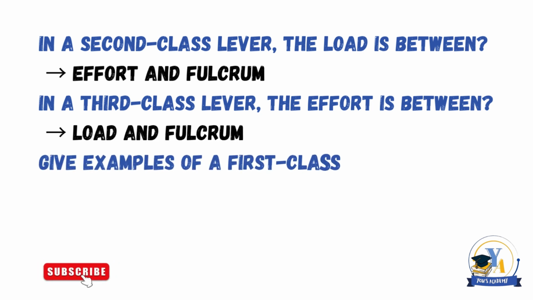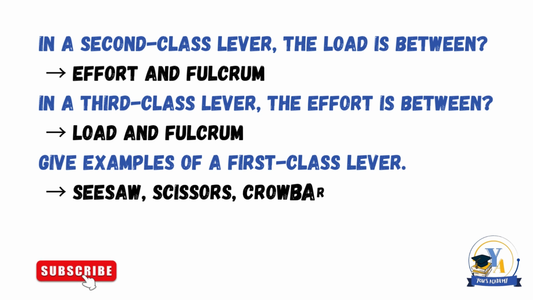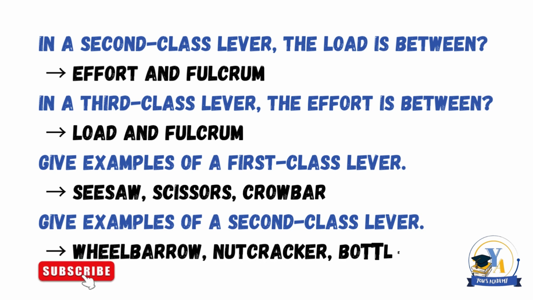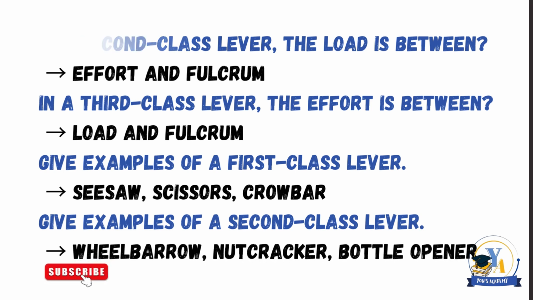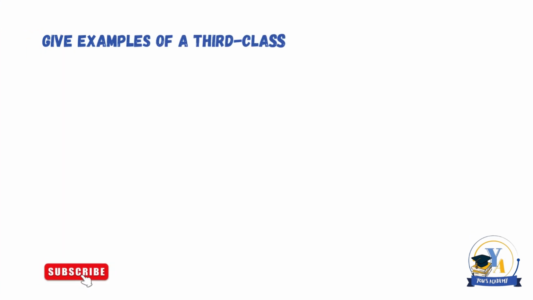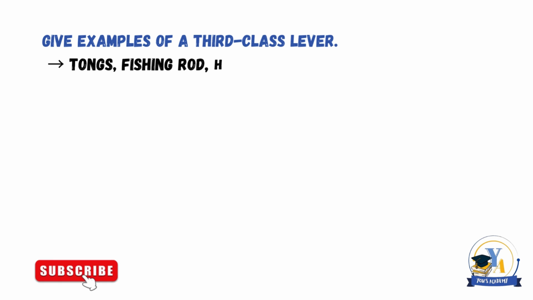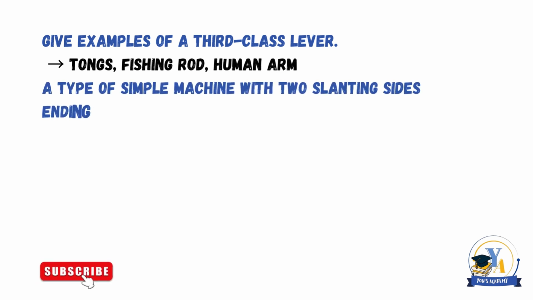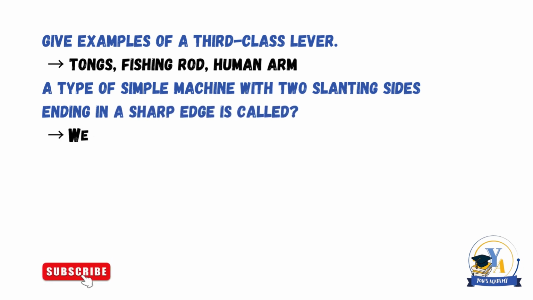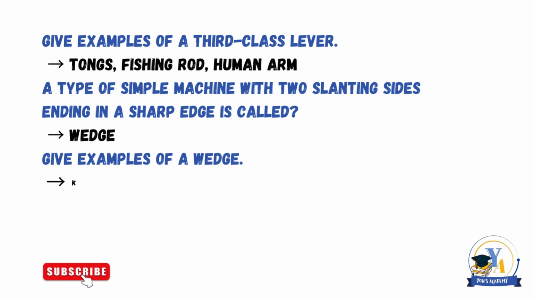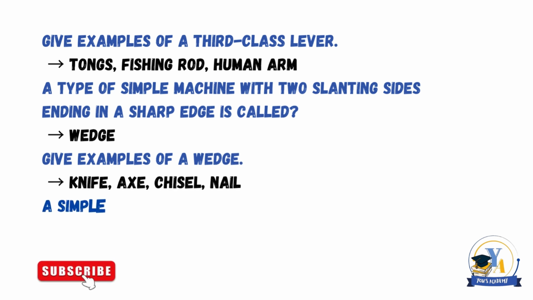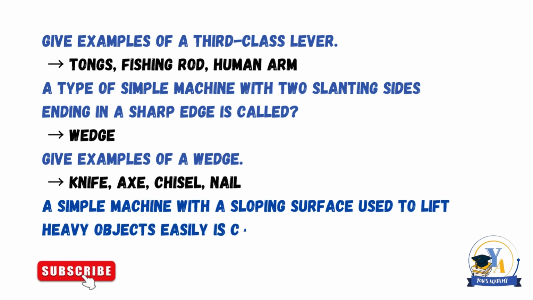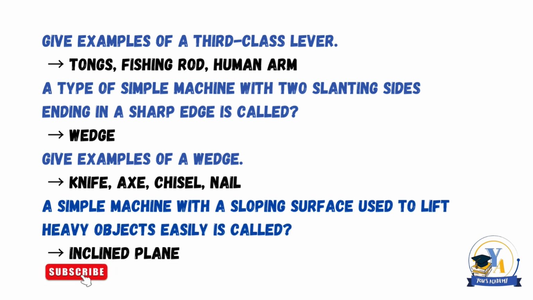Give examples of a first class lever. Seesaw, scissors, crowbar. Give examples of a second class lever. Wheelbarrow, nutcracker, bottle opener. Give examples of a third class lever. Tongs, fishing rod, human arm. A type of simple machine with 2 slanting sides ending in a sharp edge is called wedge. Give examples of a wedge. Knife, axe, chisel, nail. A simple machine with a sloping surface used to lift heavy objects easily is called inclined